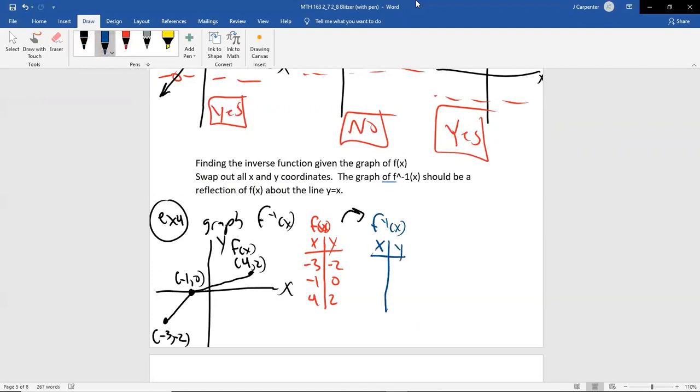Now I don't swap the x and the y in the table of values because that would confuse you, I think. Sorry if you hear that. Sweeping something off my desk. We're just swapping the pair. So the (-3, -2) becomes (-2, -3). I didn't just reinvent a wheel. I just changed the order of 2 numbers. (0, -1), (2, 4).